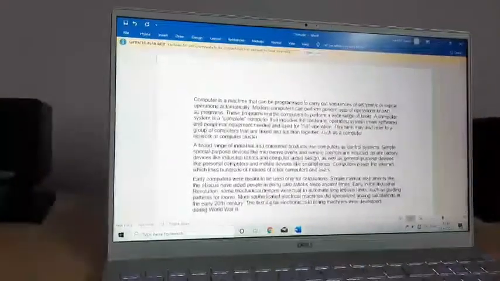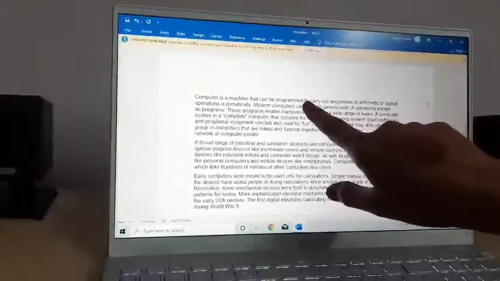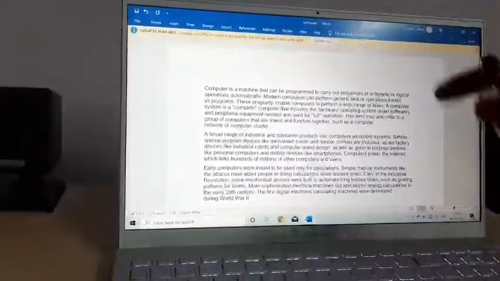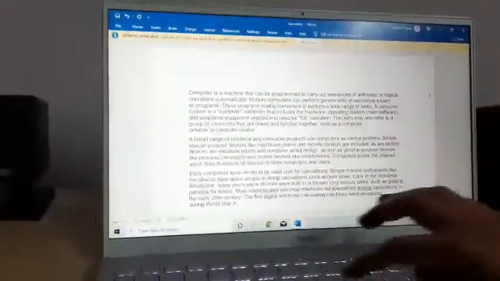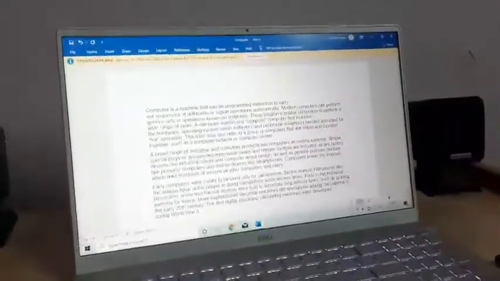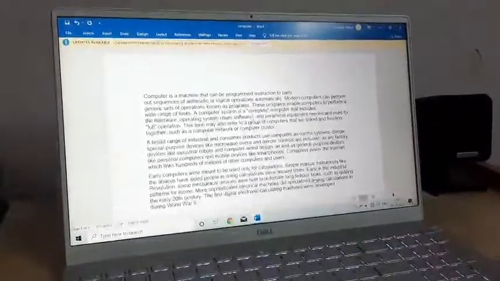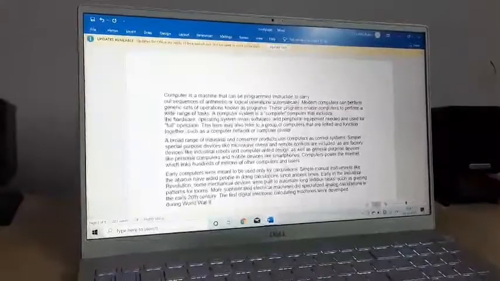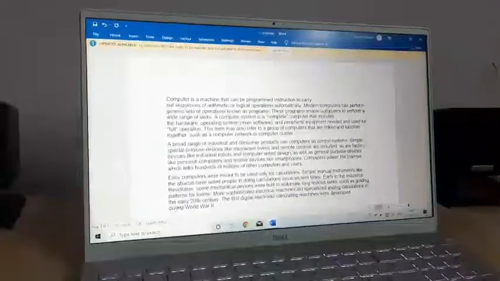I click here. Now you can see the blinking line, that is your cursor, appear here. Now whatever you write from the keyboard, I'm writing inserting instruction, you can see it appears there where your cursor is. So in this way, just by simply clicking on it, you can insert anything anywhere after completing your document.